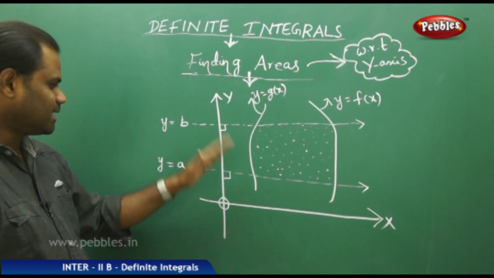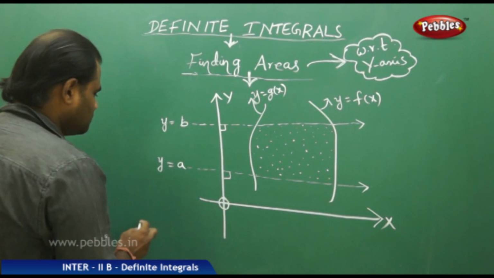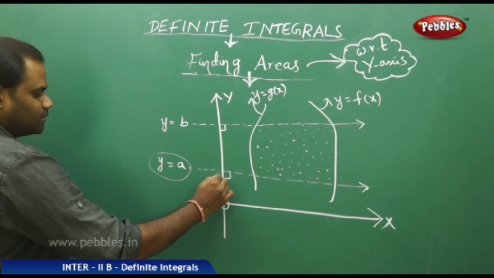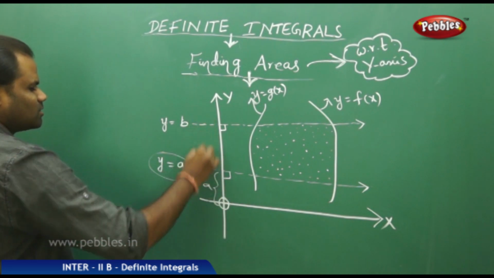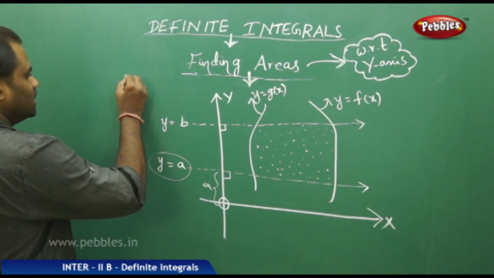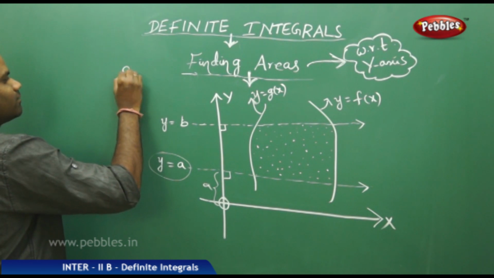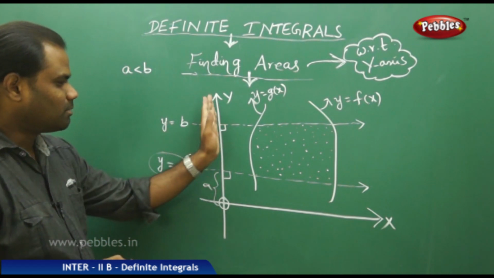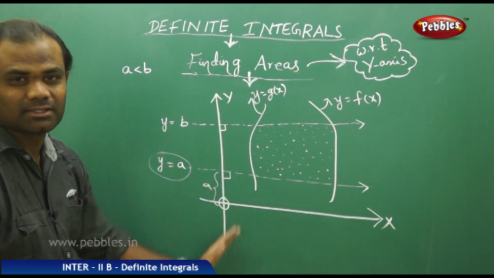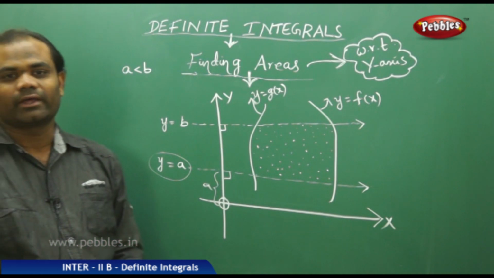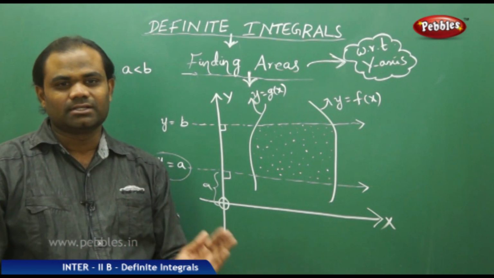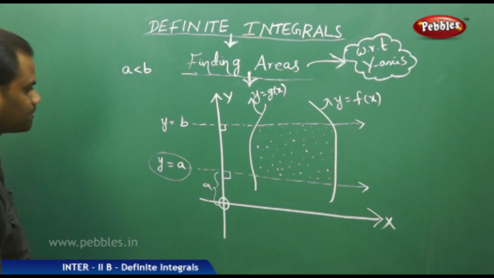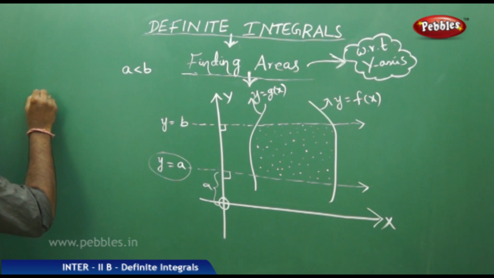So as I see this x-axis and y-axis, I see that my lower limit is y equal to a, because this is the least from here. The distance here is a and this whole will be b, so clearly a is less than b. But because it is about finding the areas with respect to y-axis, the whole of x changes to y. With respect to x-axis it is about dx, with respect to y-axis it is about dy. And therefore, the area of the required region is given by